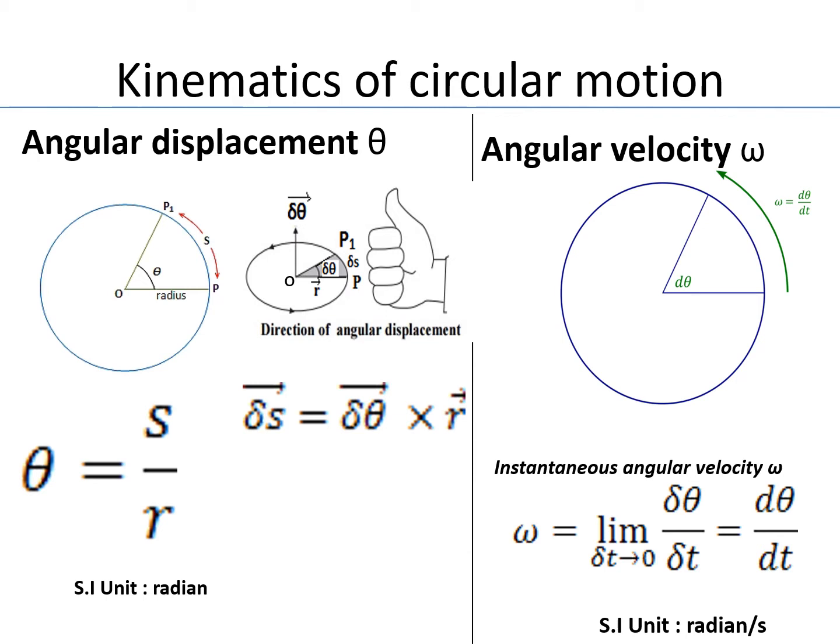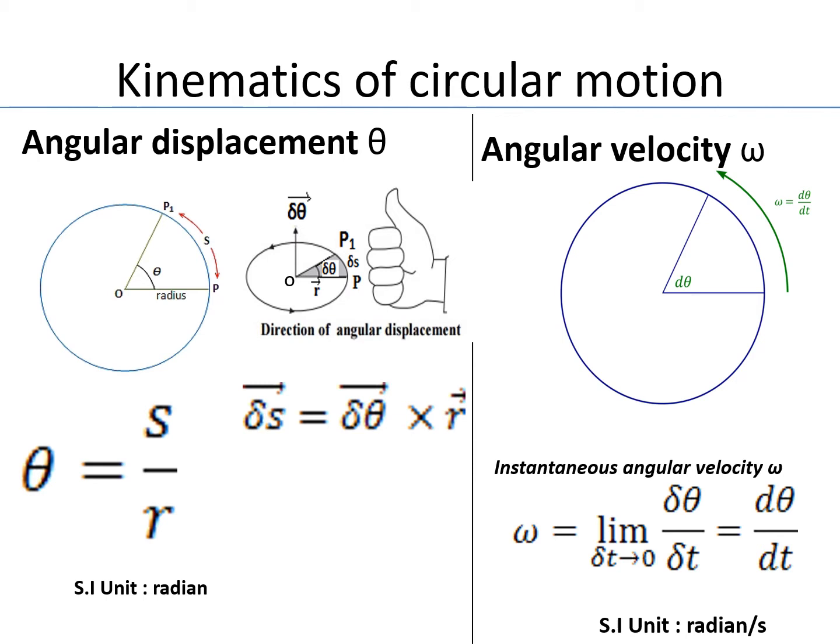Remember, angular displacement is not a true vector, it's a pseudo vector, and it acts as a vector when we talk about the instantaneous angular displacement, because the instantaneous angular displacement obeys the vector algebra, that is the commutative and the associative properties of vector algebra,